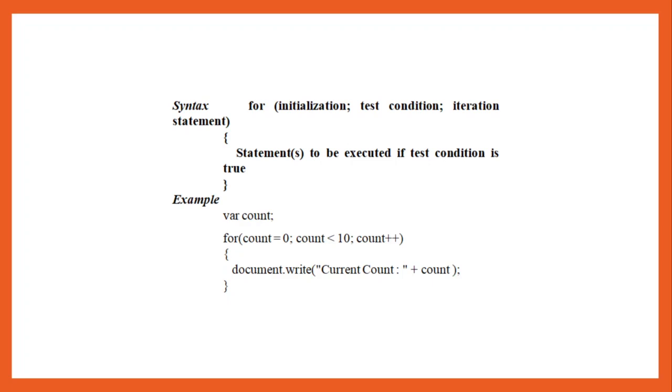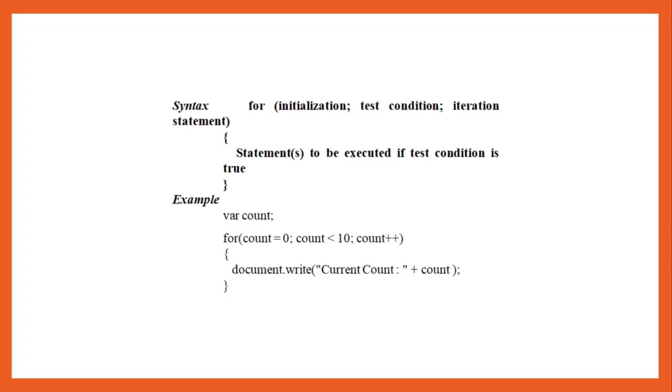Same program, where count. In the previous loop, we initialized the count with a value before the loop. Here, we are placing it inside the loop: for (count = 0; count < 10; count++). So here it will check the count value. First the initial value is 0. Then it checks 0 is less than 10. If the condition is true, then the statement in the loop is executed, that is, the body of the loop will be executed. It will print the count value, that is 0.